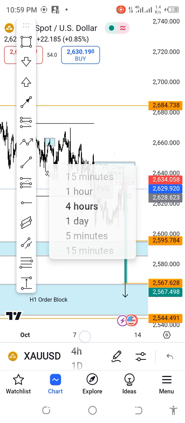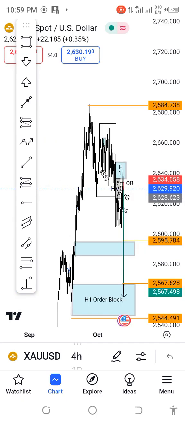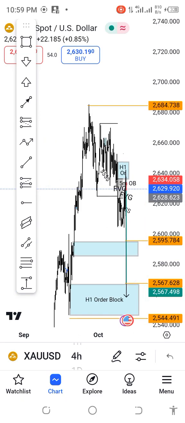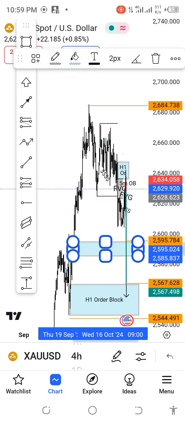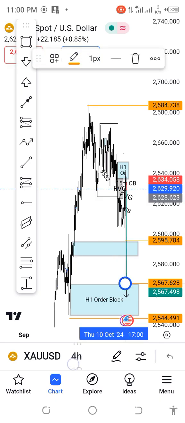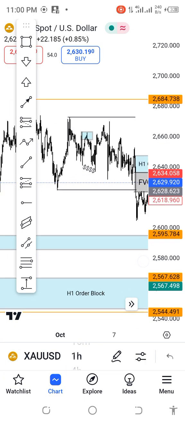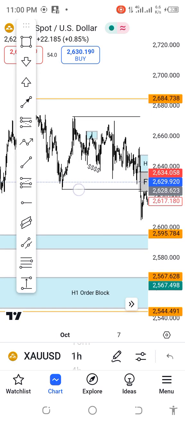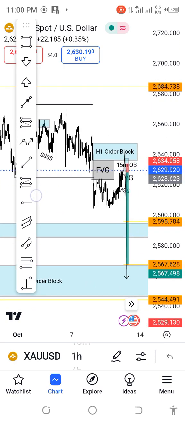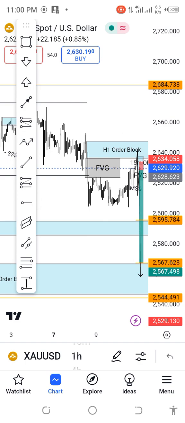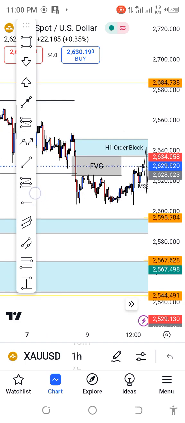After identifying my direction on this, I found out that there's another block here that this is going to retrace to, and it's also another block here that this is eventually going to retrace to. So what I do, I quickly go to my 1 hour time frame to do my analysis. I come here, I mark my change of structure. I come back here again. I found out that